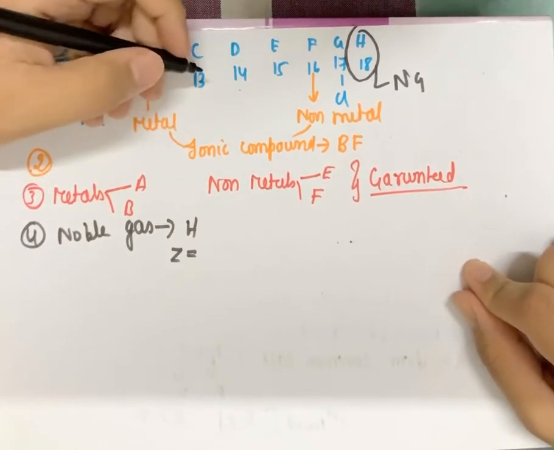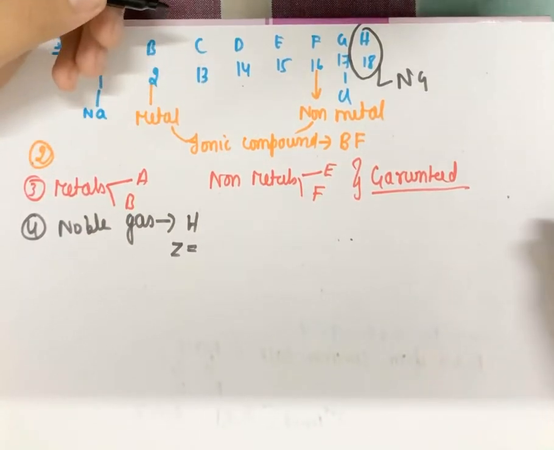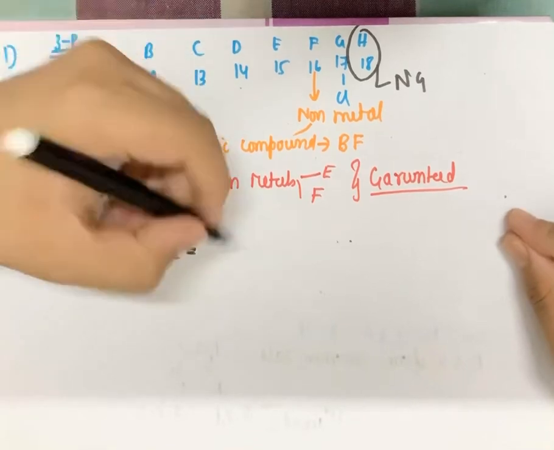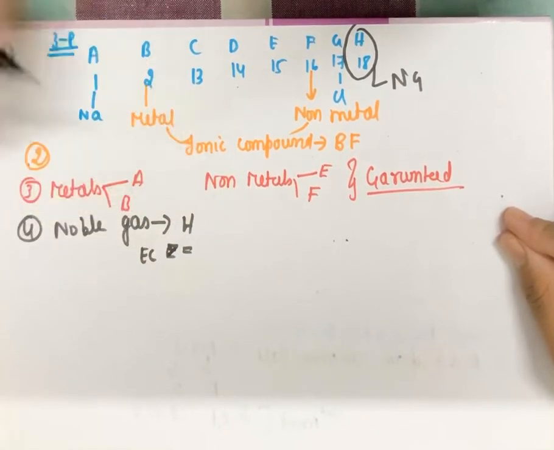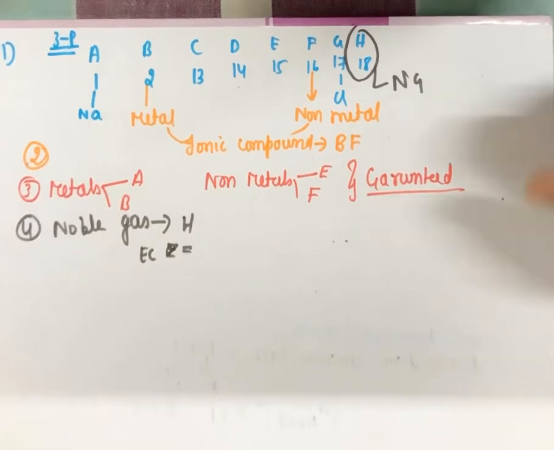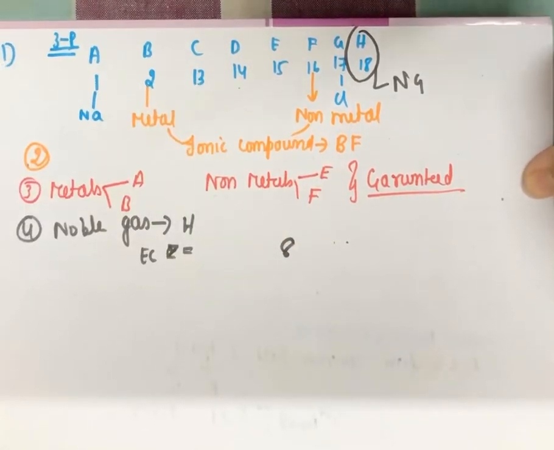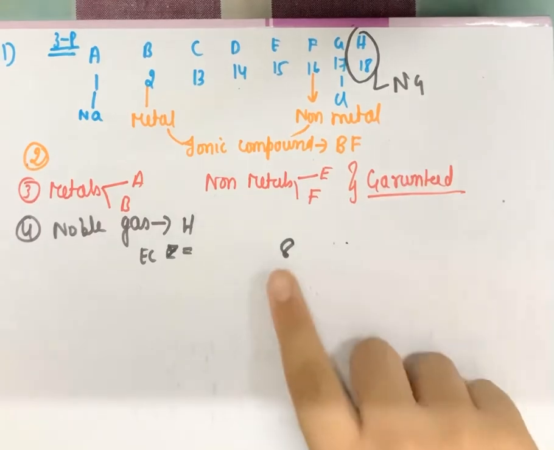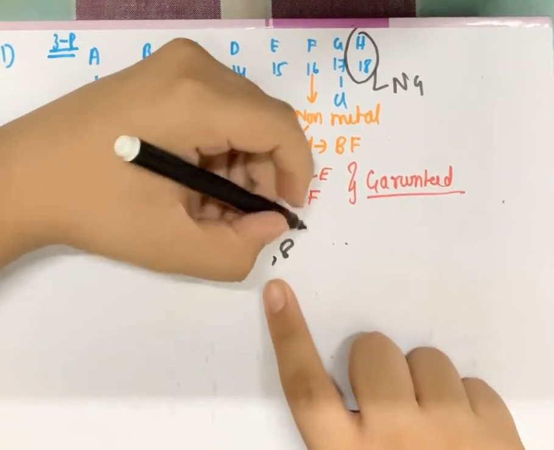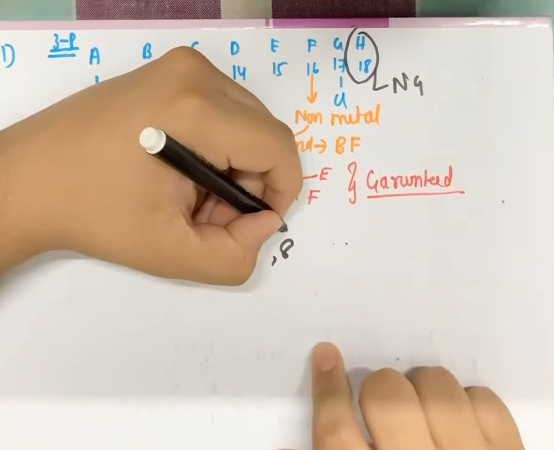Group number 18, period number 3. How will we write the electronic configuration? Group number 18. That means valence electrons are how much? 8. Group number is the valence electron. Now the next part is the period. What is the period? 3. 3 periods means 3 shells. This is the valence shell. Then this means the third shell is the M valence shell.